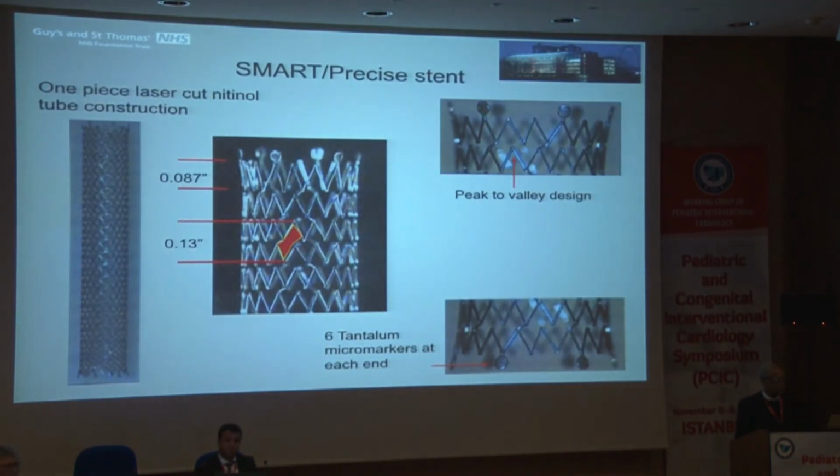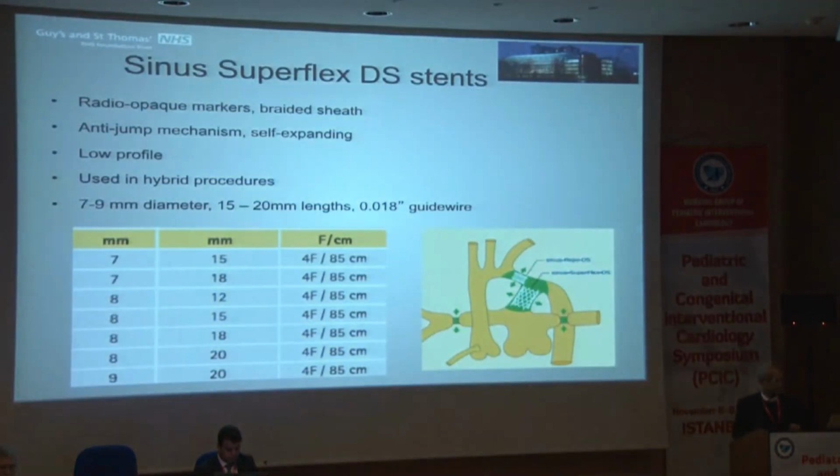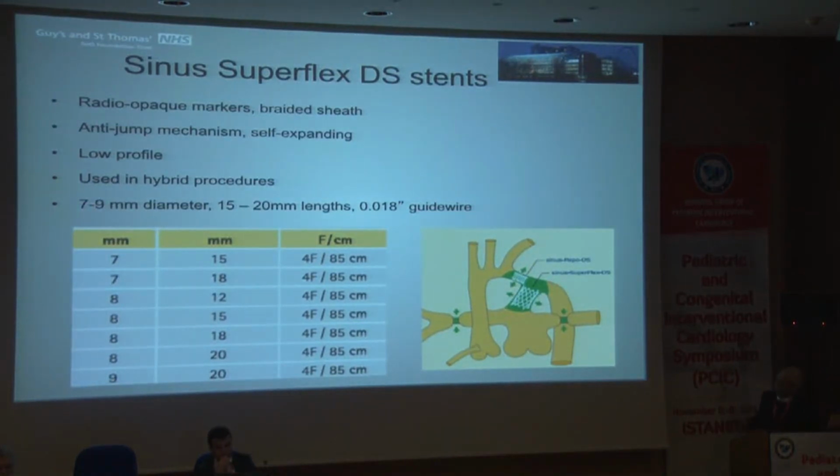There are other stents like the Smart Precise stent made of nitinol. There is the new version, which is probably opening up a few more horizons for us, which is the Optimed Sinus Superflex stent. These are self-expanding, very low profile, and they're being used more and more, and we've used them in hybrid procedures for stenting the duct in duct-dependent circulation. Here is a catalog of Sinus Superflex stents, which